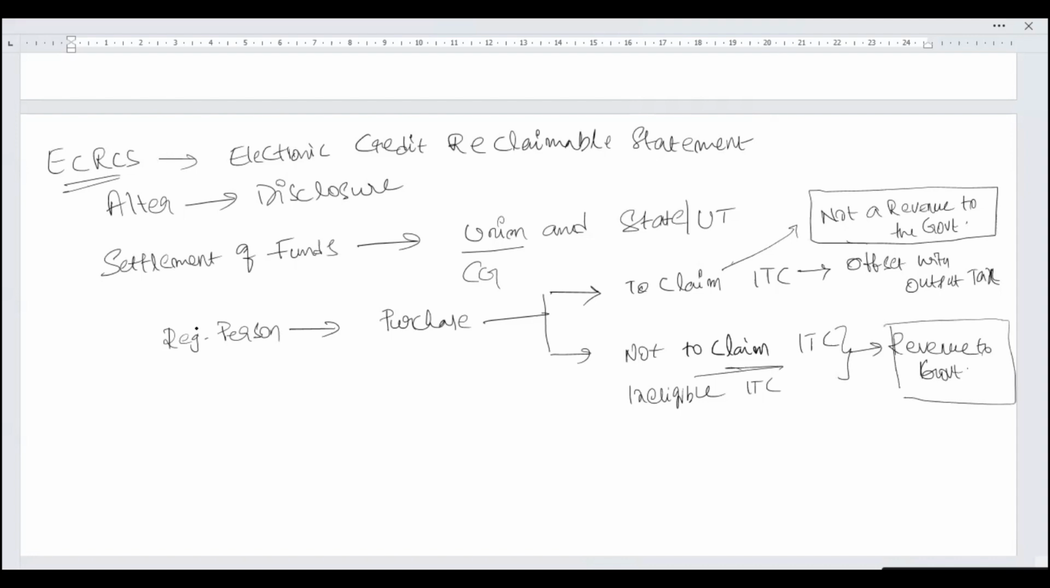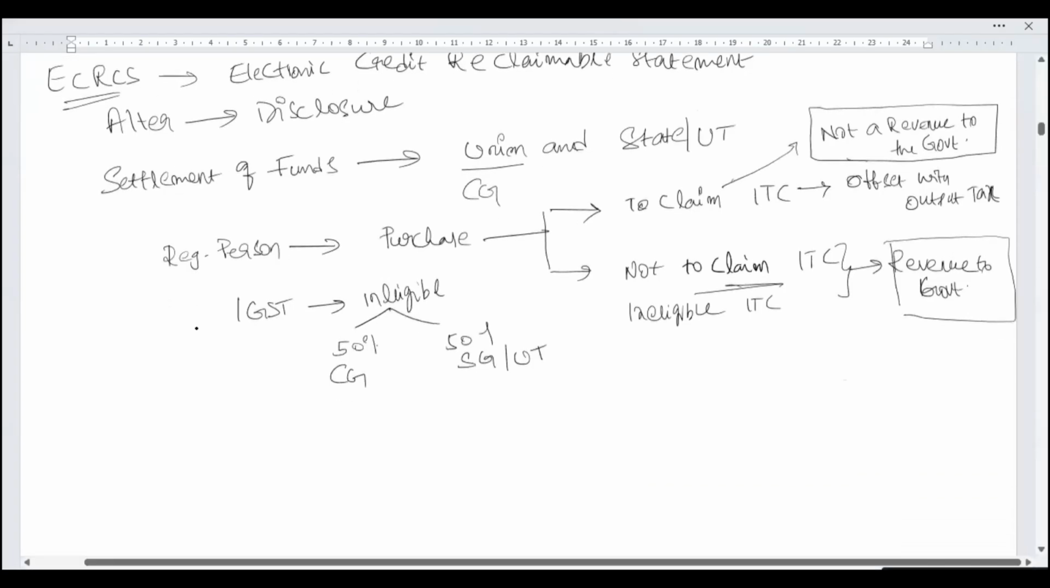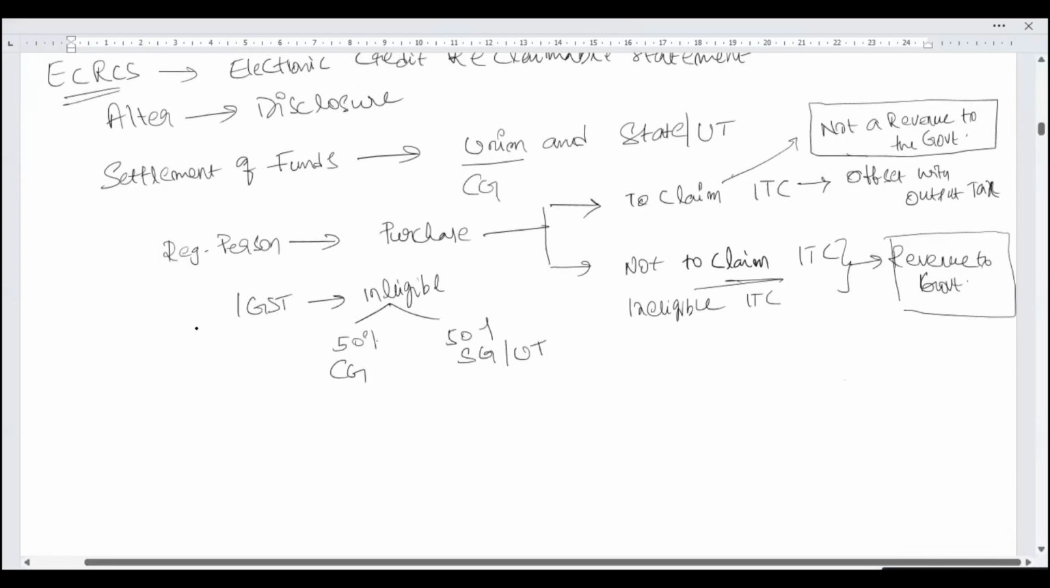Now, assuming there is an IGST which is ineligible. Out of this ineligible IGST, 50% will go to the central government and 50% will go to the state government or union territory. This is where Karnataka, and across India, states have realized that when a taxpayer